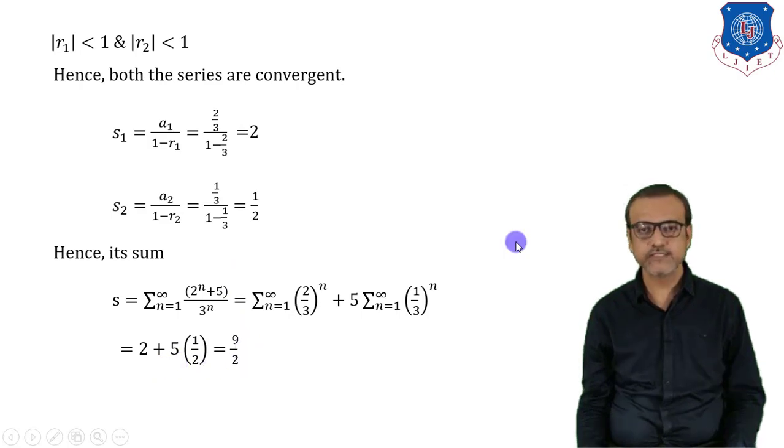So in today's lecture we have discussed what an infinite series is, what a partial sum is, the convergence and divergence of a given series, what an oscillatory series is, the properties of series, the telescoping series, and the problems related to all these series. And finally we have gone through the geometric series. We have seen the convergence and divergence of geometric series and examples related to geometric series.